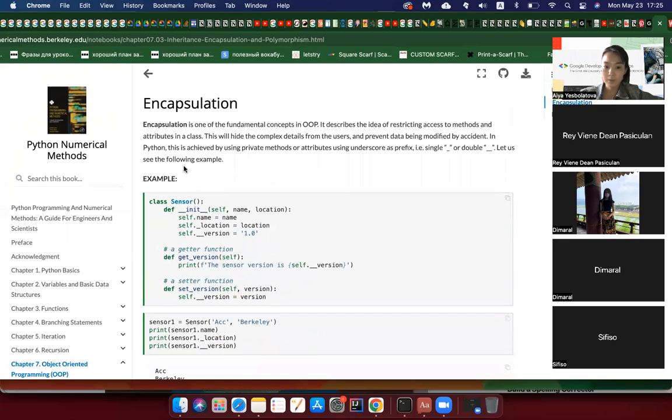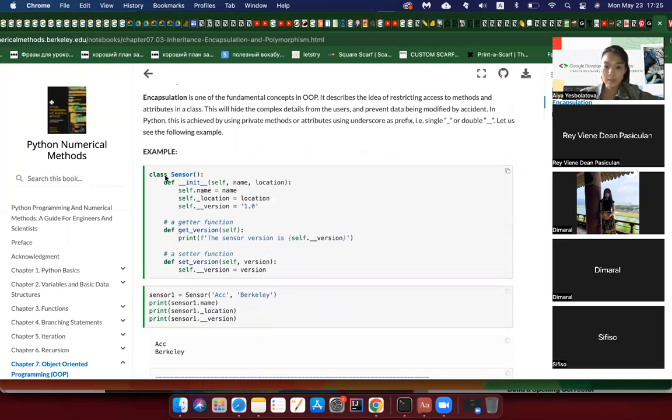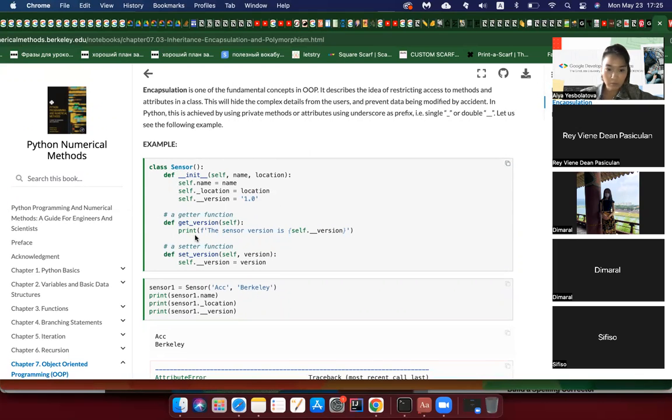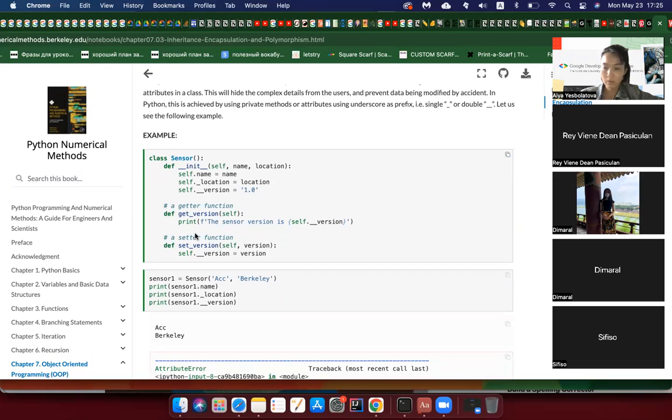Another concept is encapsulation. So here is the sensor method. And I think here we have two more concepts, like getter and setter. These are to work with the attributes. So we have here get version. By the way, we can already see the name, which is a public attribute, location, private, and version. I think it's